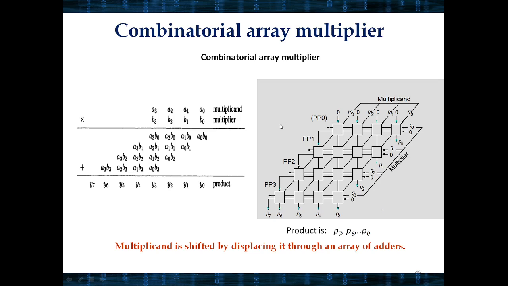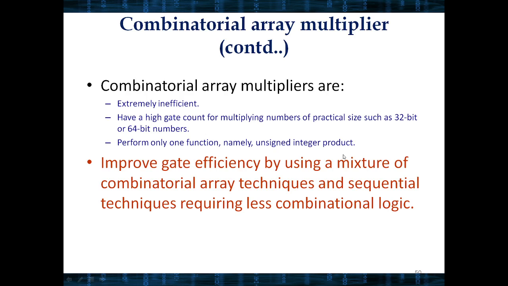So we need a huge number of this array multiplier cell. That is one of the disadvantages of the combinatorial array multiplier. That's why it is not efficient. It is not an efficient multiplication method. Combinatorial array multipliers are extremely inefficient, with a high gate count for multiplying numbers of practical size,